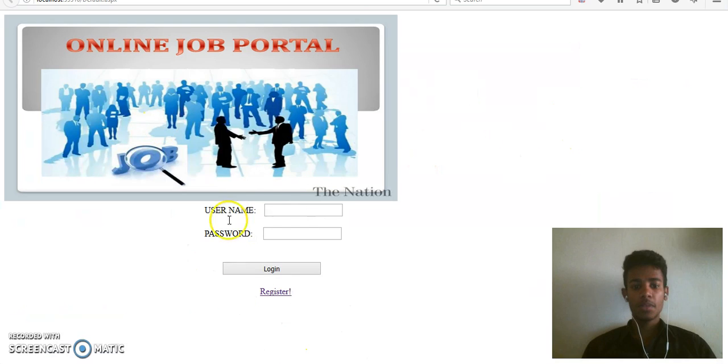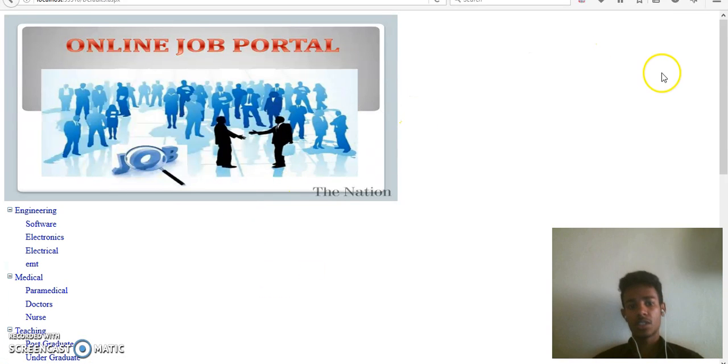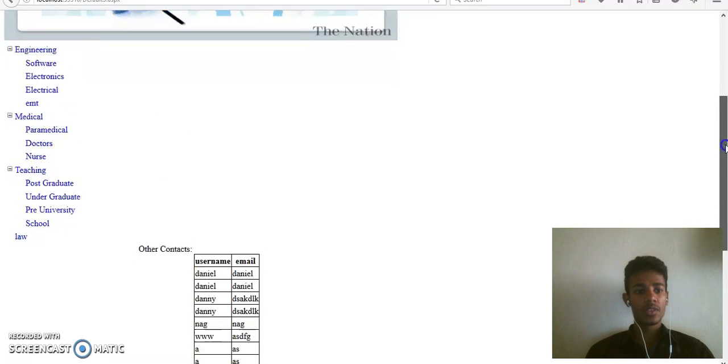So this is my login page. I'll enter my username, which was Noel, and this my password Noel. I'll log in, and I've successfully logged into the account, and we can see that we have two different types of views over